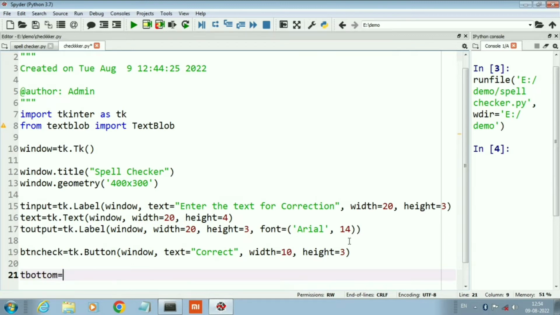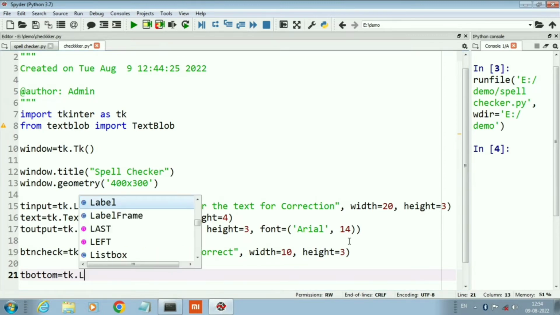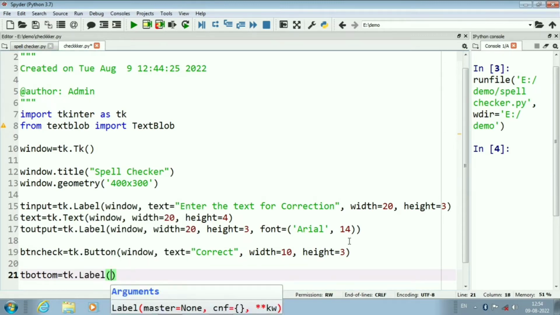Our last component is a label that is used as a footer of our GUI application.